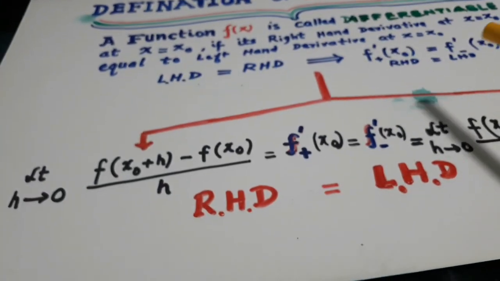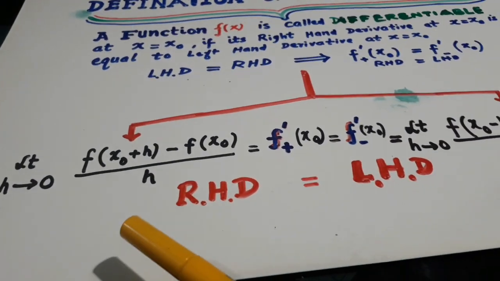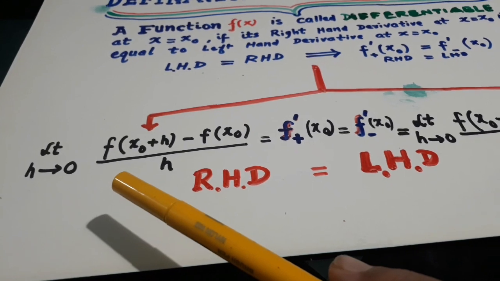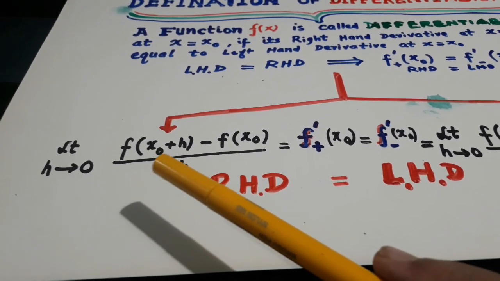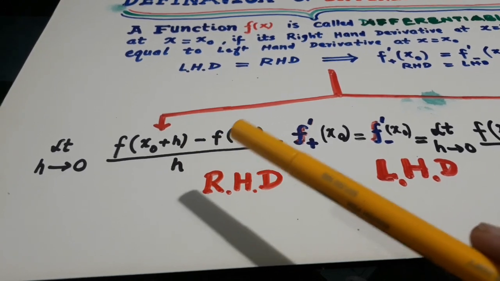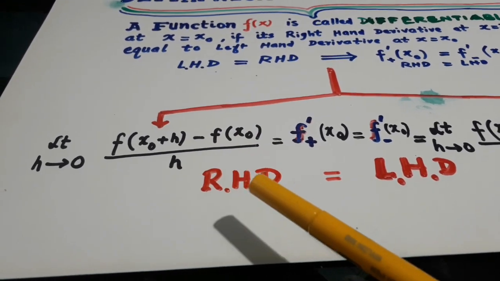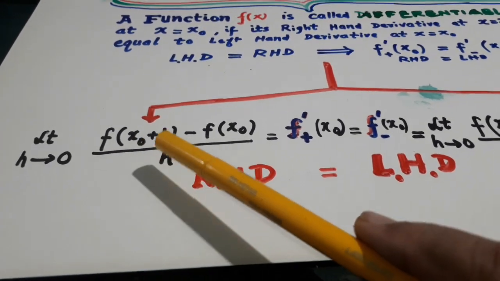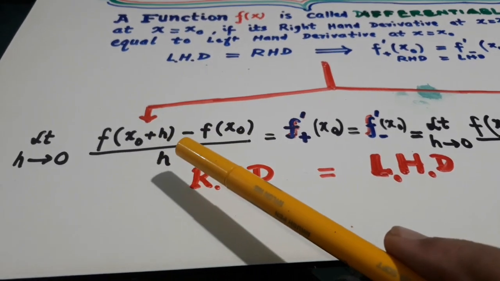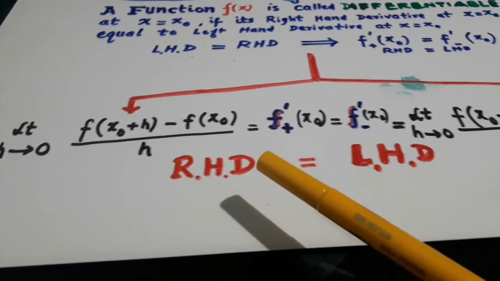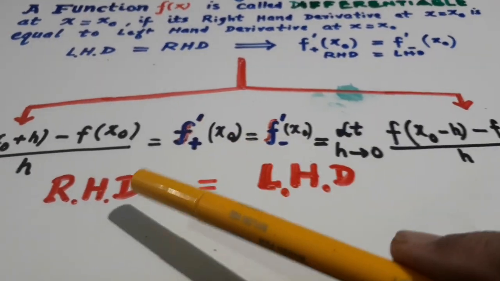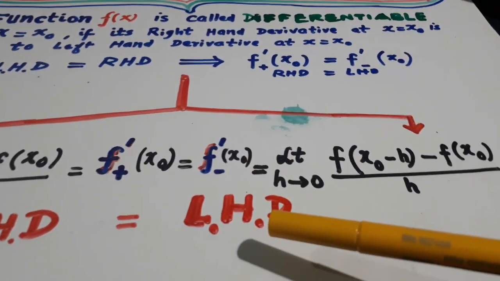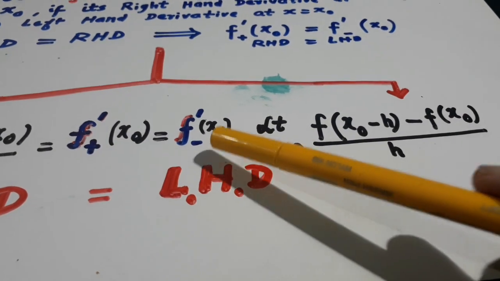So we have defined it like this, and now I am writing it finally for you. This is limit h goes to 0, (f(x0 plus h) minus f(x0)) over h. This is the right hand. You see, when we are adding, plus sign is there, तो पॉइंट x0 से दाईं तरफ हो जाएगा, राइट साइड हो जाएगा, so that is why it is called a right hand derivative. And in this case, it is denoted with f dash plus x0. Left hand derivative, this is with minus sign.